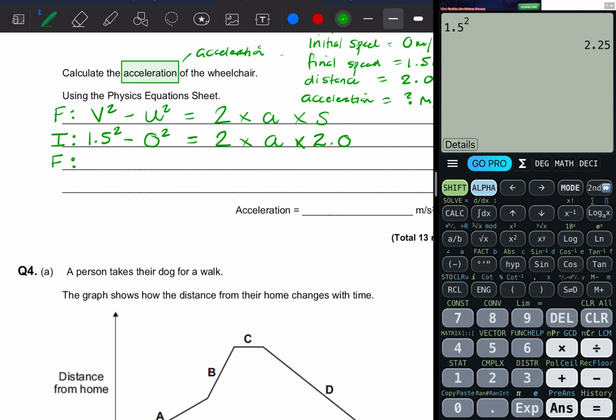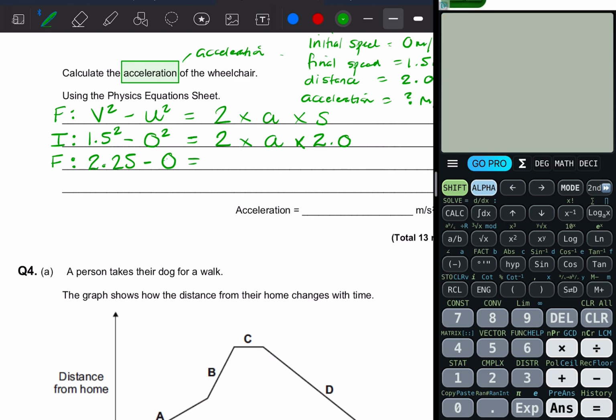So let's just get that out of the way. 2.25 minus 0 squared. Well, 0 squared is 0, but just to make sure. Actually, we can just get rid of that whole thing. We don't even need that there. We'll leave it for now. So 2.25 minus 0 equals